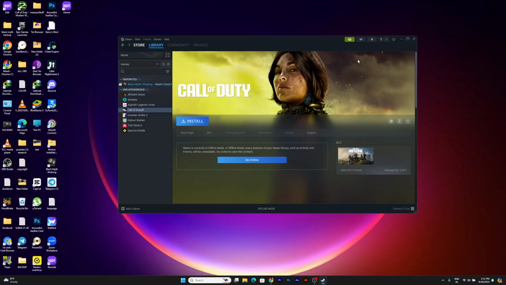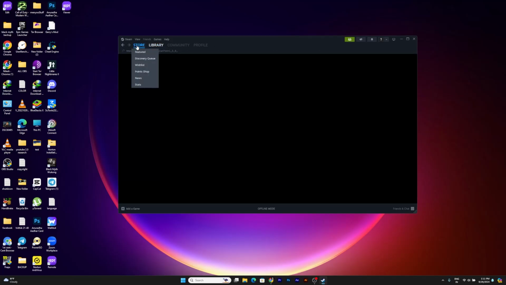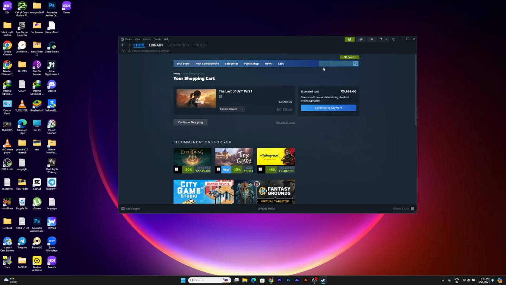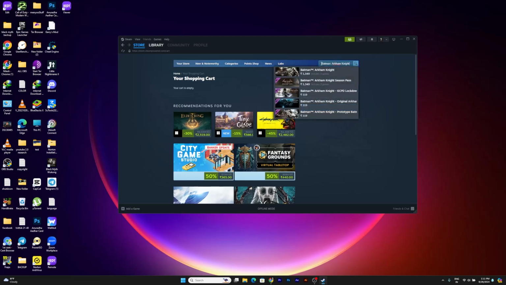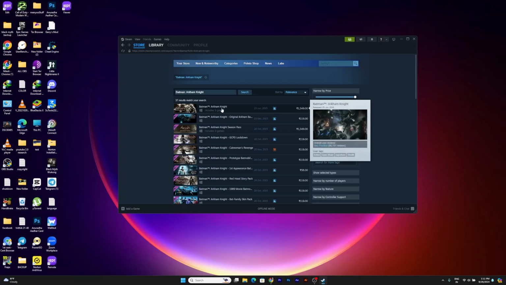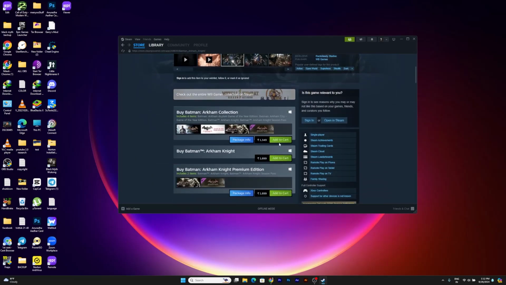Open Steam, and from this you need to tap this store, and then from here you will find this search button. Type Batman Arkham Knights, search. This is the first result. You will find this game. Tap here and then add to cart,